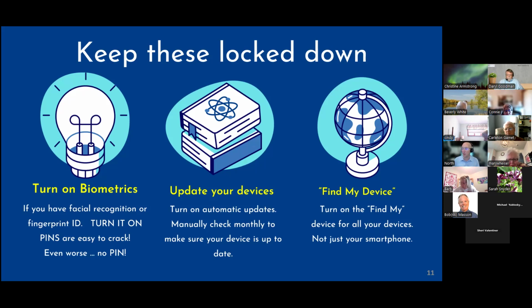And lastly, the third thing is all smart devices, whether it's Android or iPhone, has something that's called Find My Device, or it's a GPS location service that not only helps you find your phone if it's lost, but you can also securely or remotely wipe that device as well. So if you do lose your phone or it gets stolen, you can actually wipe all your data off of it. So whether it's an iPhone or an Android, that is the third one. Find My or locate your device is really, really a powerful tool to keep your data secure in case of loss or theft of your smartphone.